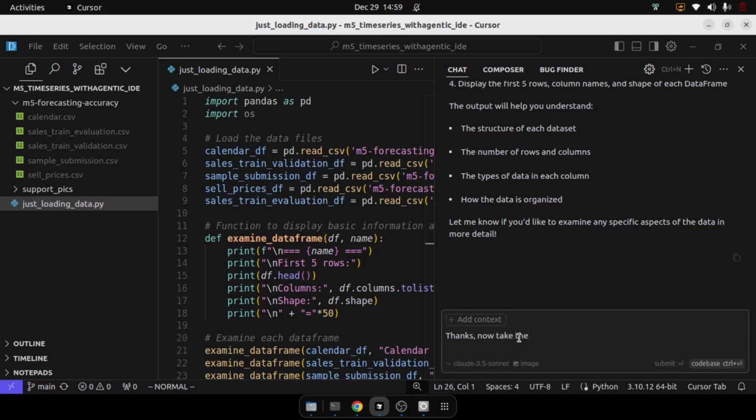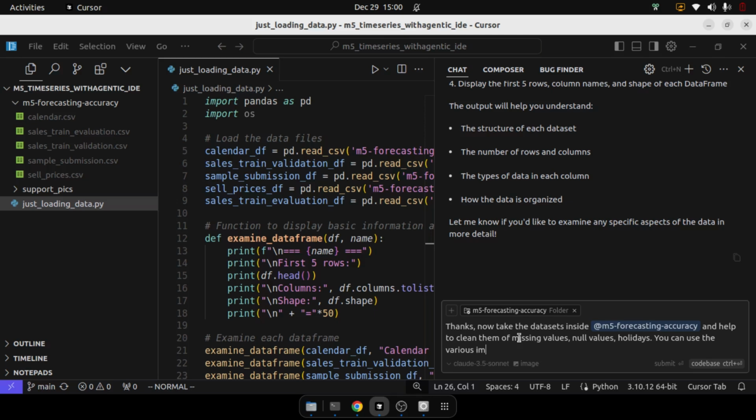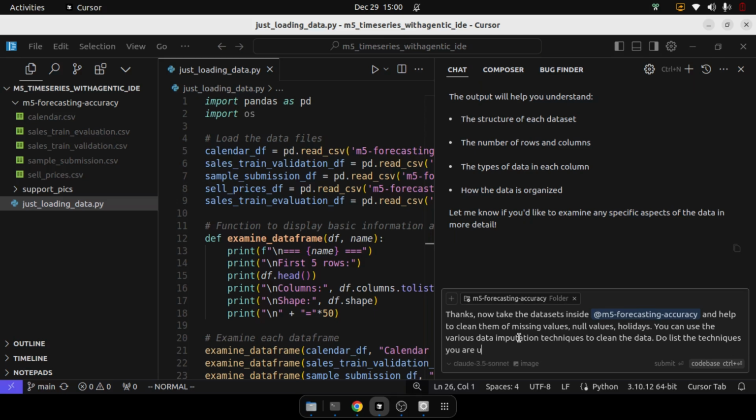take the data sets inside M5 and help to clean them of missing values, null values, holidays. So basically we are trying to make some imputation, do some kind of modification to the data set. So you can use the various data imputation techniques to clean the data. Do list the techniques you are using as comments,